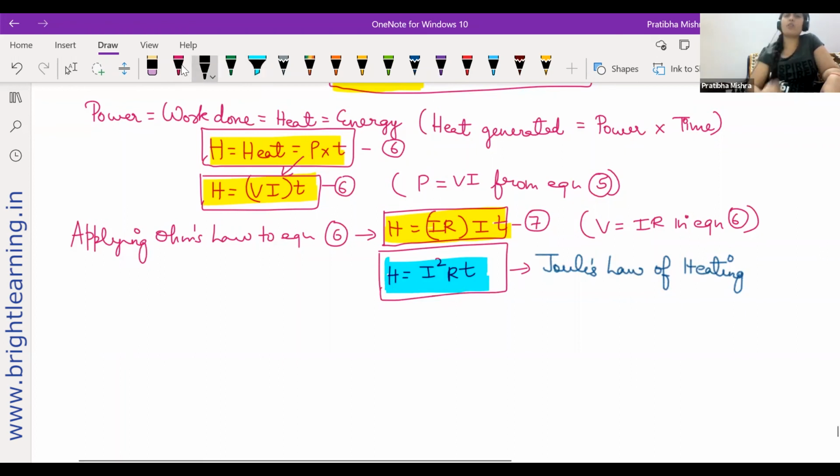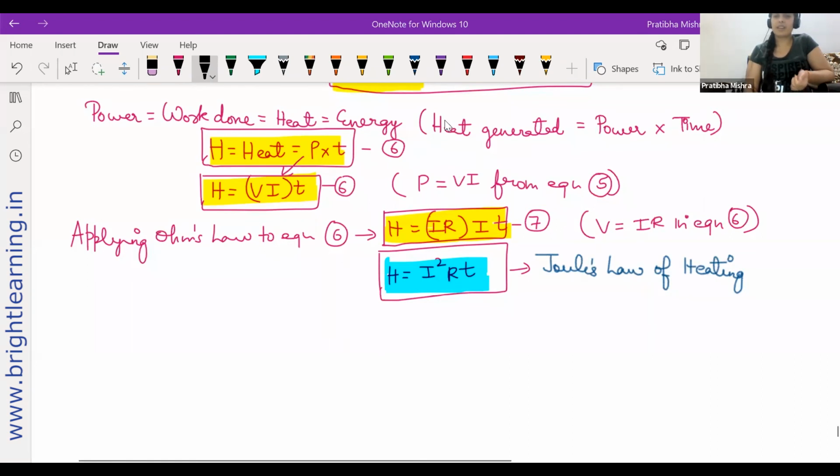We have 1 or 2 more formulas of power. We will see how to use that in the next class. And we'll discuss questions in the next class because we are done. We just have numerical questions, I think at least 4. And then exercise questions and textbook questions. That's all. We are done.